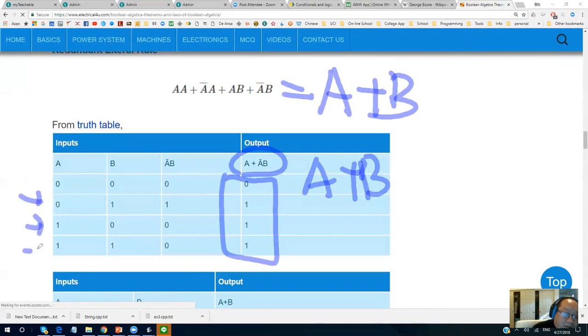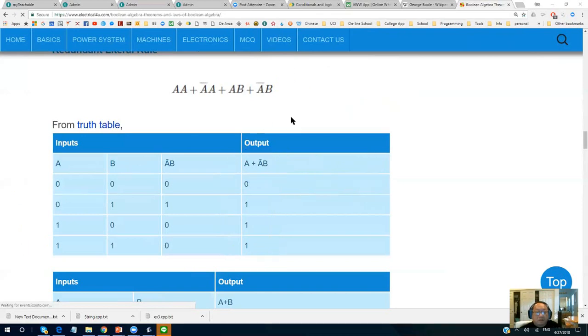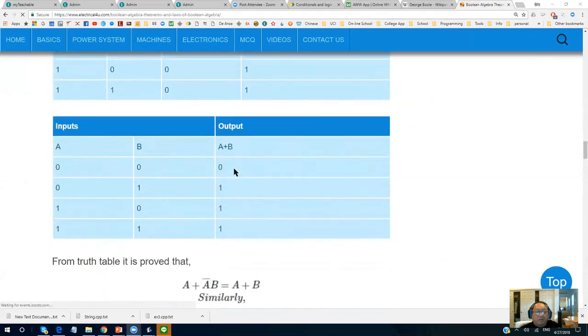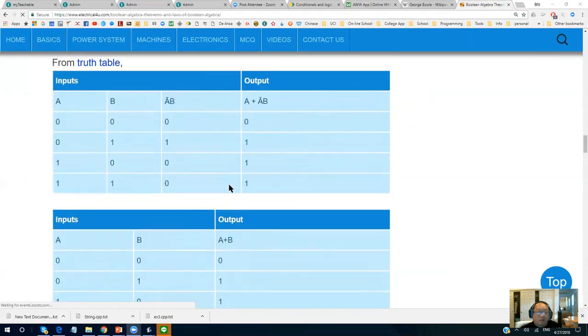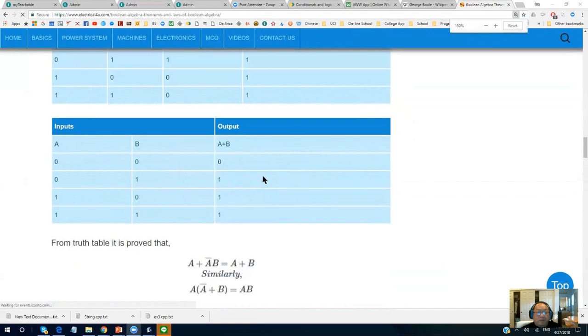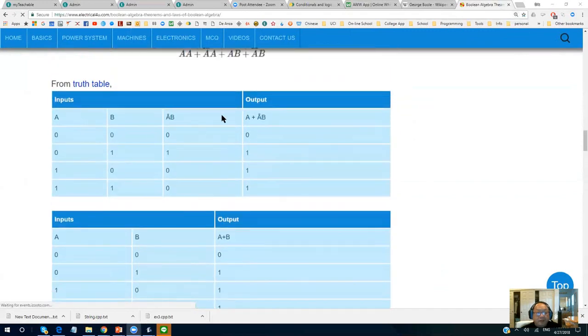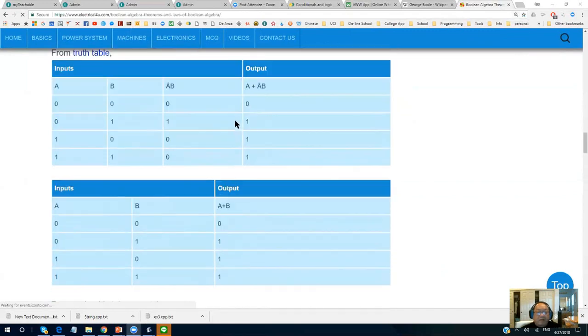Either one of it is 1 is 1. So here, eventually, it's actually equivalent to A or B. So you can use truth table to prove it, that the whole thing right here eventually is the same as A or B.